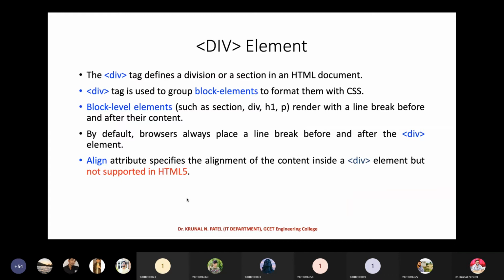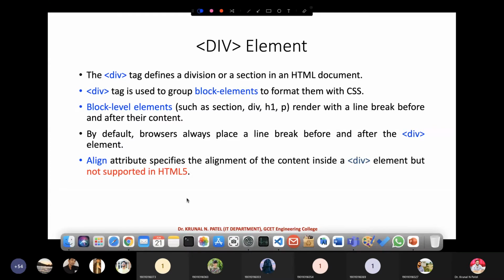Now let's discuss the division tag and the span tag, so you can get the idea. Here you can see that the division tag defines a division or a section in an HTML document, so it is known as a structuring element.